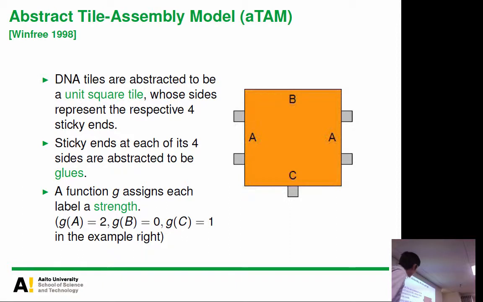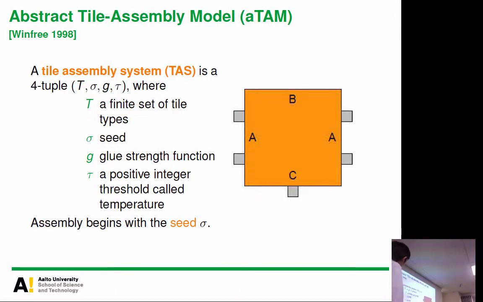So the idea is that depending on the sequences of each sticky end, some sequences can bind very strongly. That's very good for stability. But some other groups, for example this C, can interact with somebody but very weakly, so it's not so good for stability. But this is a key for interesting behavior. So let's see what happens in the examples.